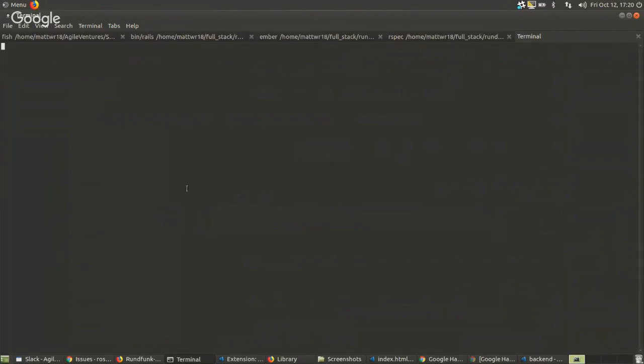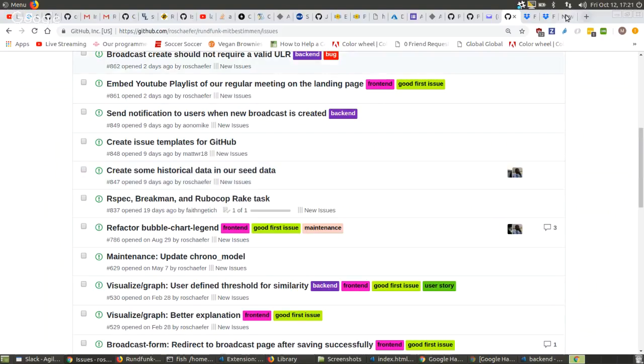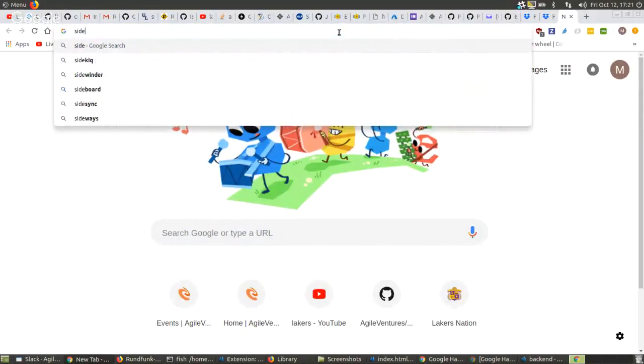So if I say ps aux and I grep for Sidekick, for example, I have Sidekick running, it seems like. So I guess I've kind of enabled Sidekick to be running always, because it's for backend jobs.